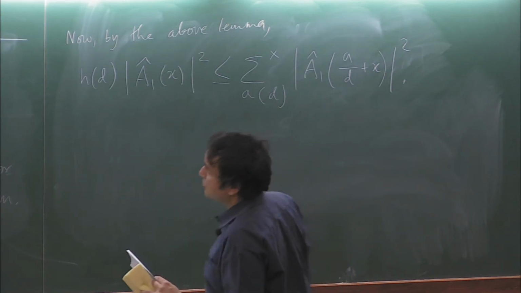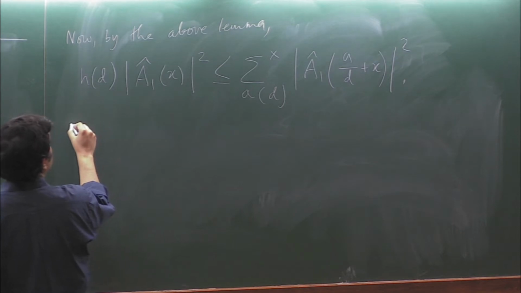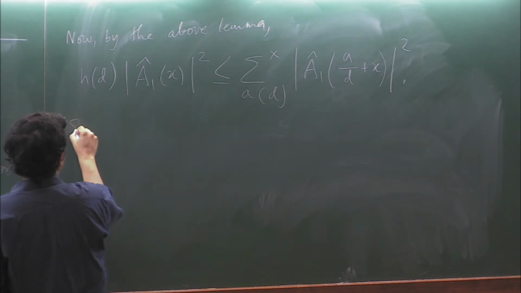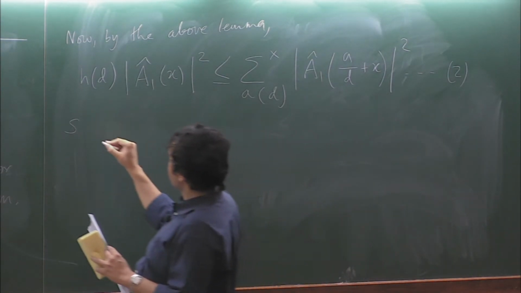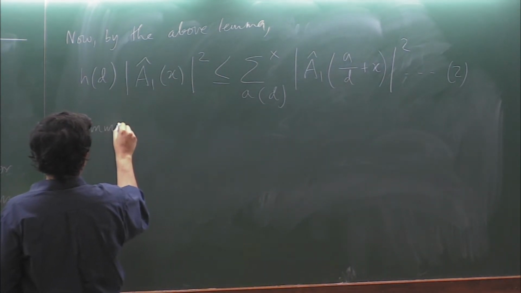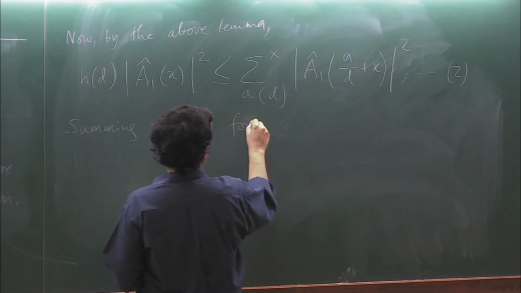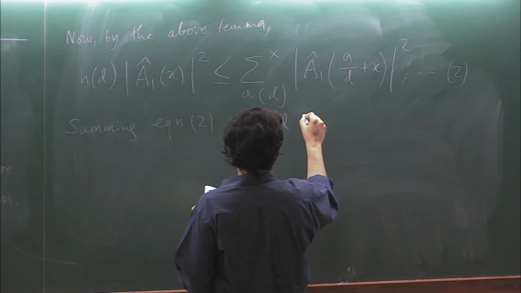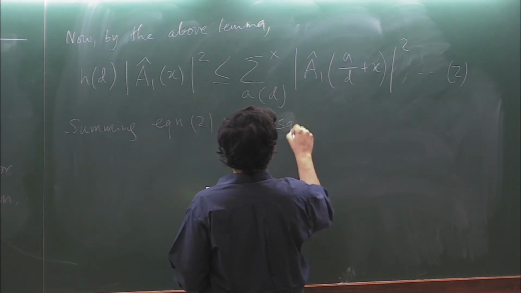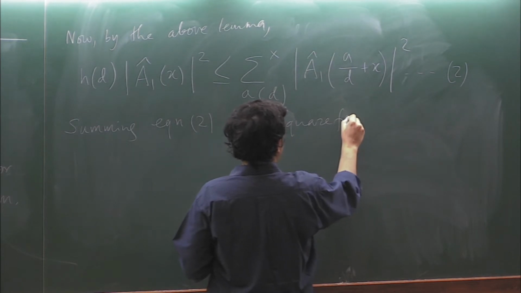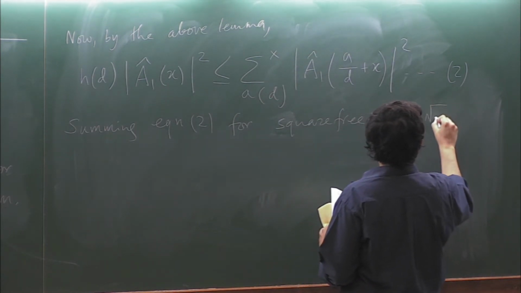Okay, and this is true for any d, but I will apply it, calling it equation 2, and sum over d, for square free d, let's say, up to root n by q,